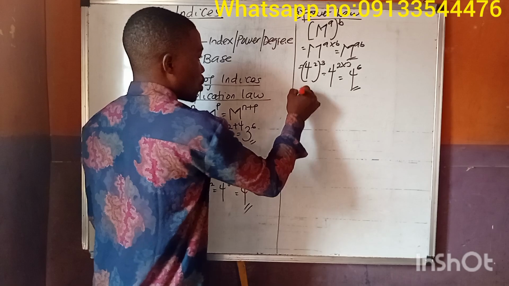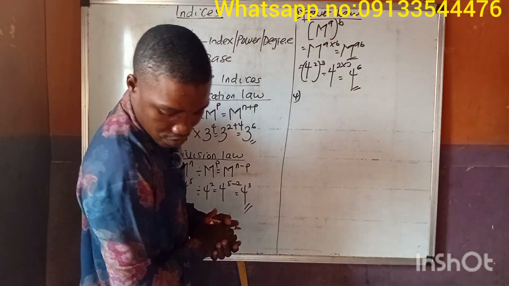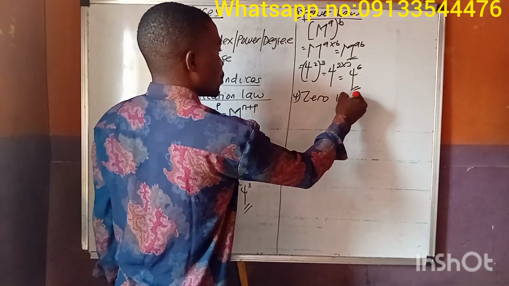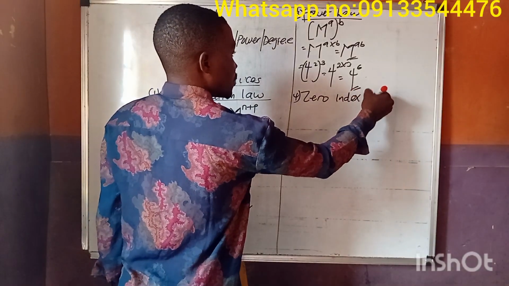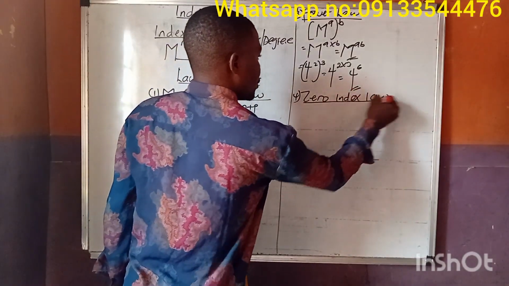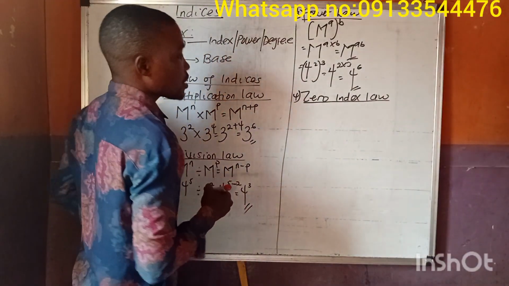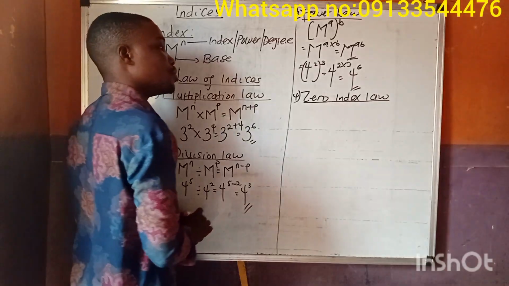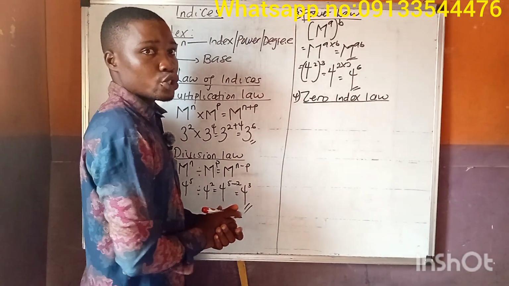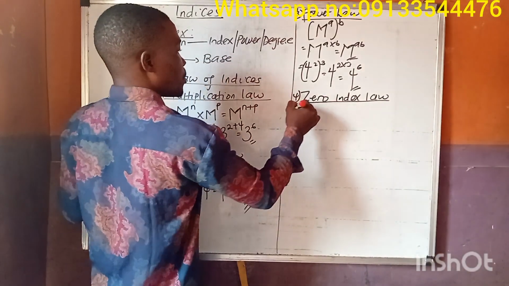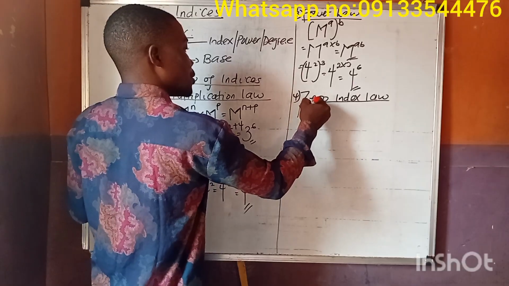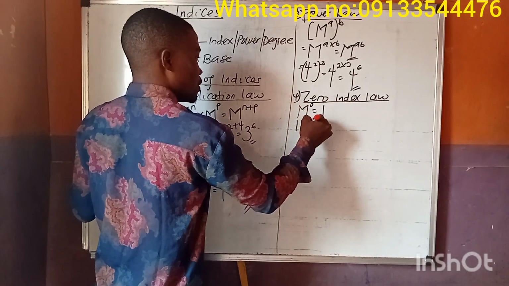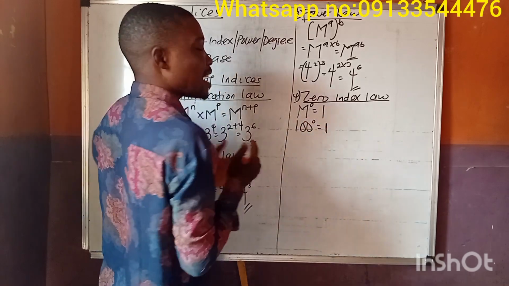Then the next law we'll look at is the zero index law. Zero index law is saying that any number raised to power 0 should give you 1. For example, if I have m raised to power 0, my answer should be 1. If I have 100 raised to power 0, my answer should be 1. But it has an exception,